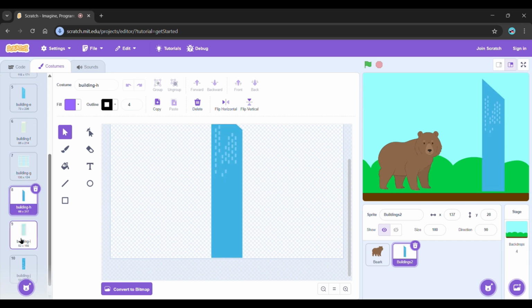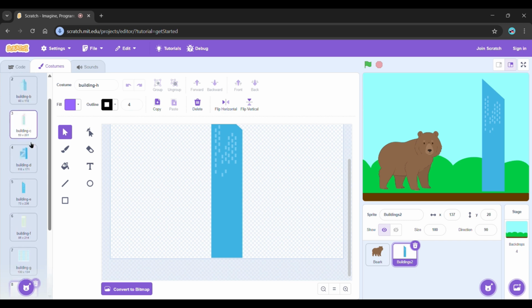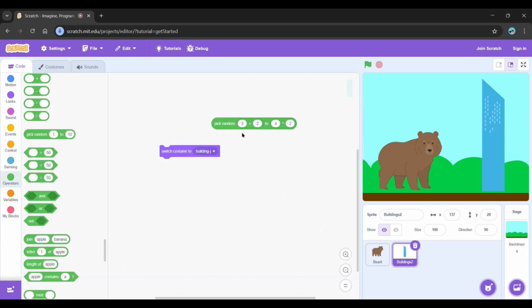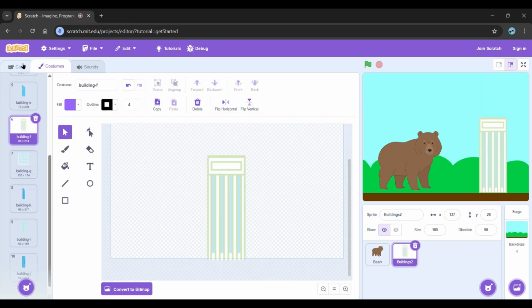The buildings 9 to 10 and 1 to 4 are not included. So as you can see, if I click this, the numbers 9 to 10 and 1 to 4 aren't showing up. You notice, right? Now we're going back, then we're going to change it again. As you can see, the buildings that come out are only up to 8.